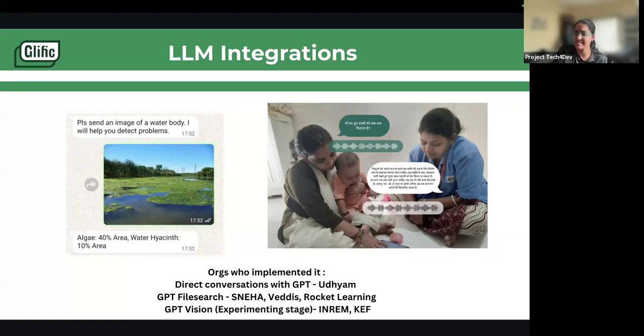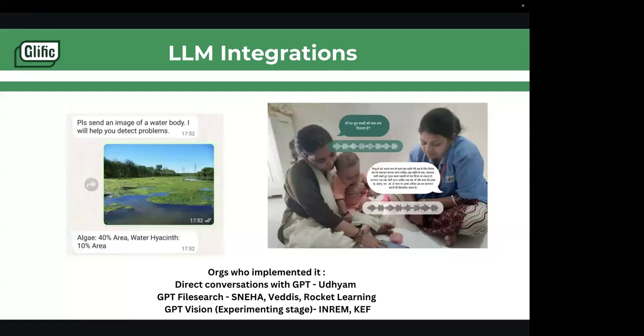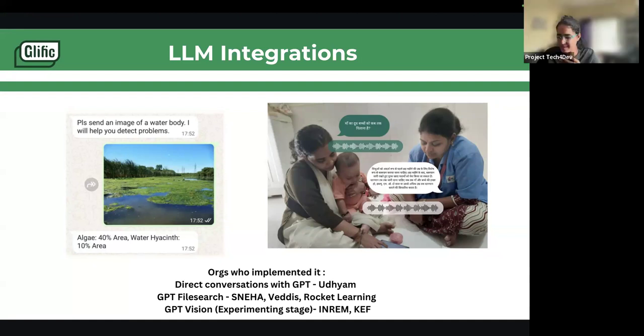Have you tried OpenAI file search? No, not really. I was just seeing if the current user base can be used to initiate or be used in some of the chat flows that we have. Maybe even if you're not sharing it with your users, you can start with internal testing and see if it's giving the results that you want.